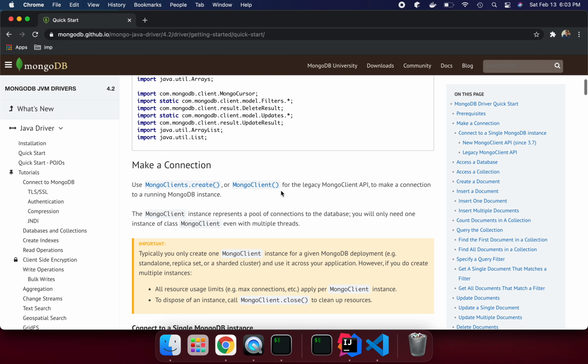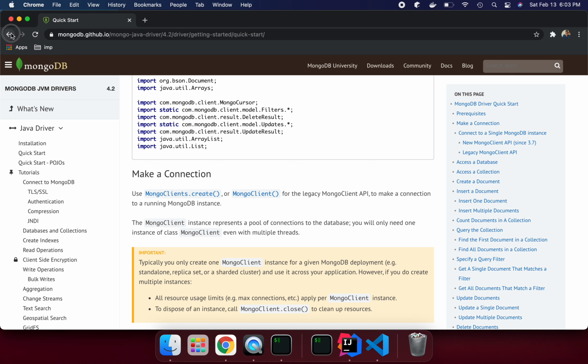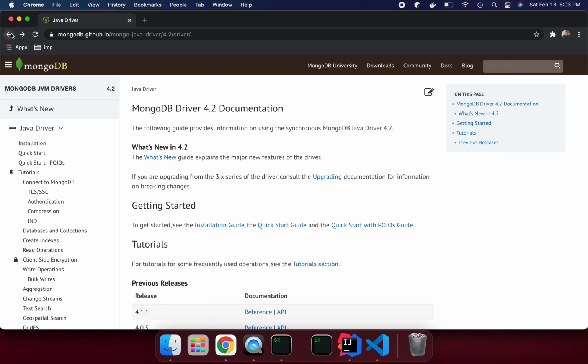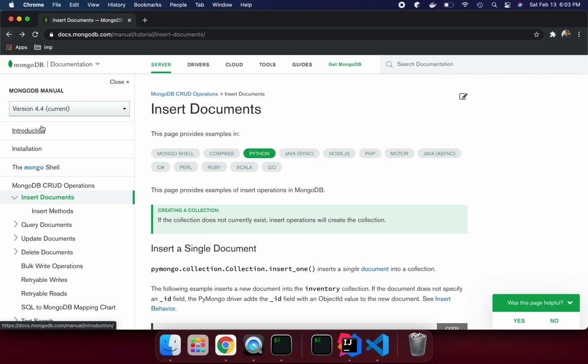Basically we need to make the connection to your MongoDB server. First you need to pass your information to the MongoDB driver, and the driver is then going to talk to your MongoDB server wherever it is installed. It doesn't matter. I will try to create a video later on, through Node.js as well as Spring Boot, on how we can do those things.